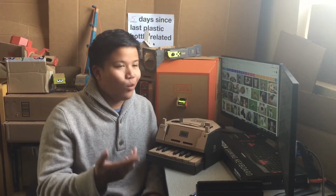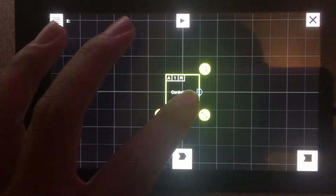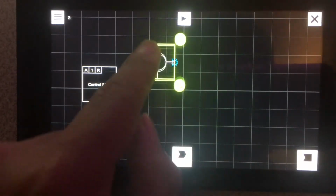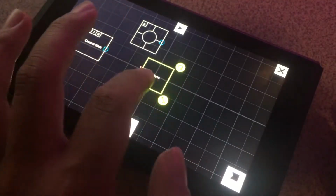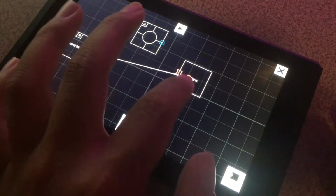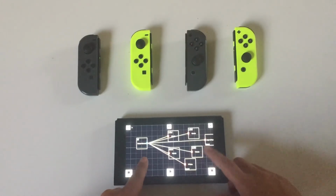And finally, there's the Toy-Con Garage, the aspect everyone's been talking about, and boy, let me tell you, it's actually pretty good. The Garage gives you a ton of freedom. It's its own drag-and-drop coding language, allowing you to choose different inputs, outputs, and the like to program into your system. The possibilities with this are literally endless. You can use the input from a piano key being pressed to make the screen light up, or if the screen is tapped, a sound will play, or if you're not very creative like me,